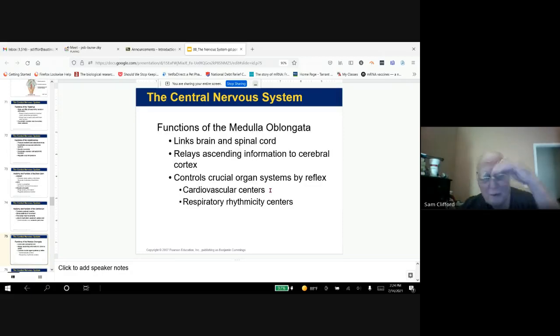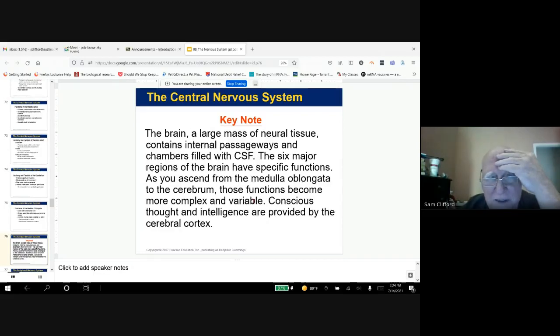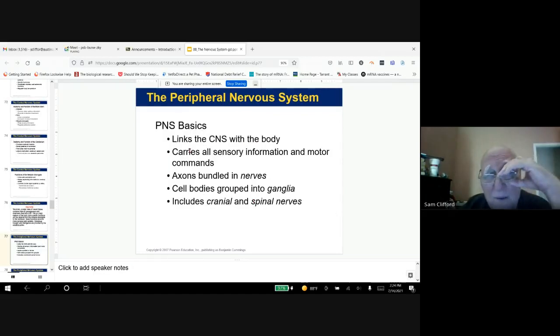Then we have the medulla oblongata. Know that it relays information to the cerebral cortex, controls heartbeat and breathing. Read through this. Then we have the peripheral nervous system, which is